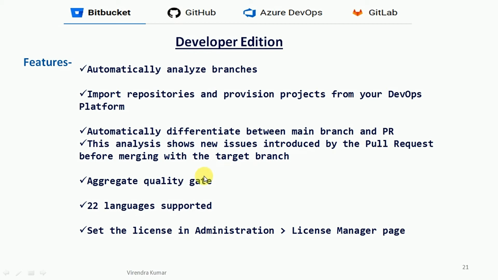So when your pull request comes, SonarQube will do the analysis and it will have an aggregated quality gate. Once this quality gate is passed, then your pull request is eligible to merge with the master branch.